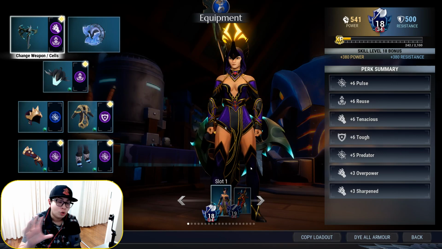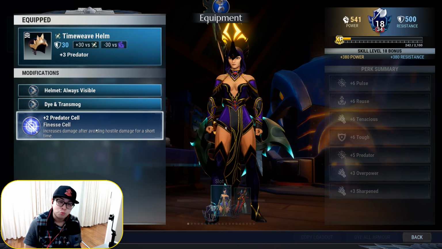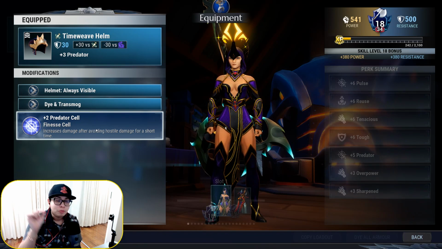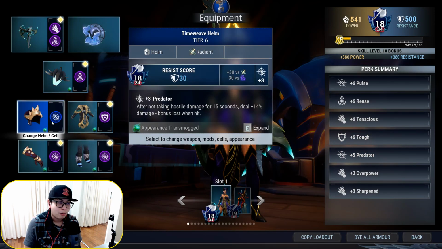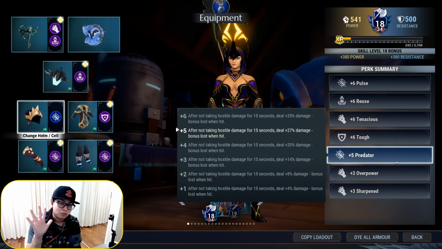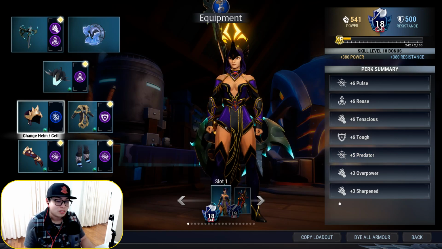In order to show you and pretend that this helmet isn't power surged, I'm using a +2 predator cell, but realistically, if you don't have a power surge time weave helmet, please use a +3 predator cell, okay? I'm doing this to demonstrate because if you don't power surge this, the helmet will give you +2 predator and the cell gives you +3, so your total predator bonus will only be +5, okay? All right, so how do you construct this easy